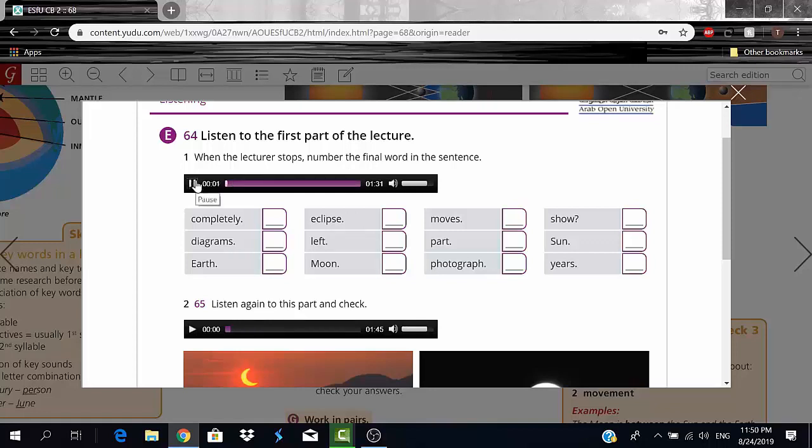64. Exercise E. Listen to the first part of the lecture. 1, Now, I've given you a couple of photographs and two